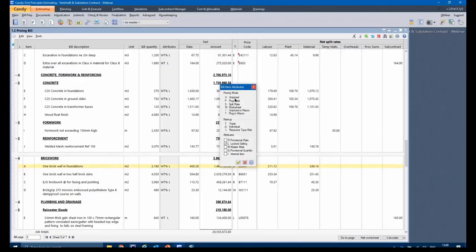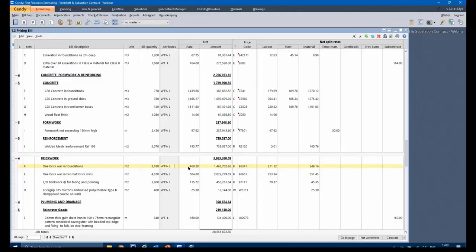You'll also notice other pricing modes. If it's unpriced, the attribute will be U for unpriced. In some cases, if you want to get a quick thumbsuck price, you can also plug it in. And in some cases, you might want to split the rate, but that's not ideal because either plug rate or split rate is not going to be utilizing the tool to its full potential. So to utilize Candy to its full potential and get the right sort of control, we'll use what we call worksheet pricing.